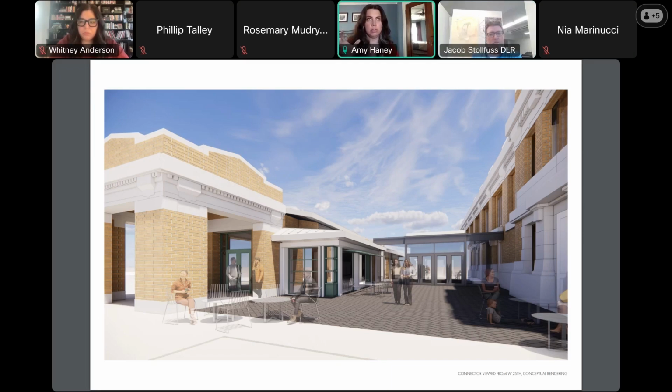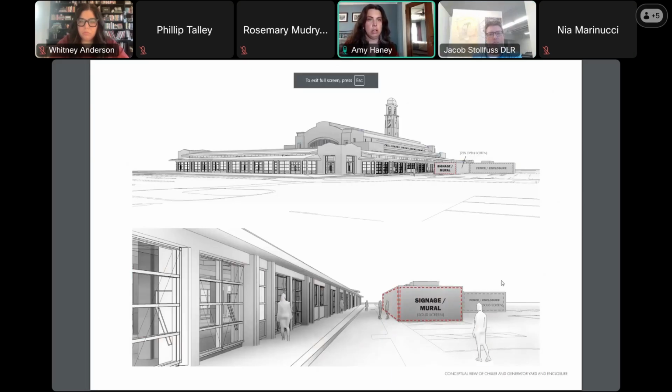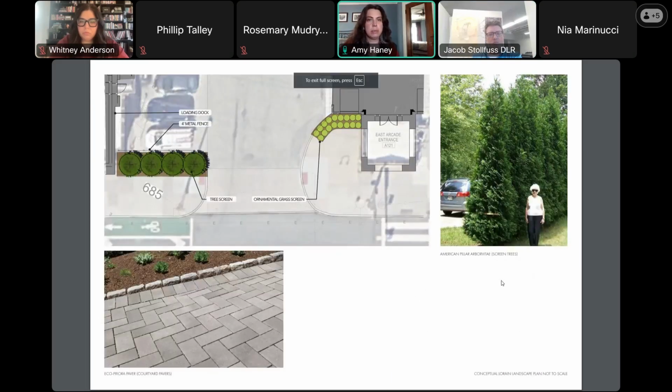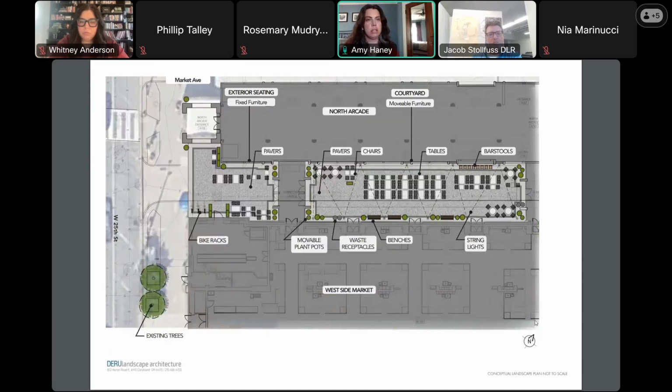I do want to point out too that there are two kind of courtyards. The interior one, which is about 25 by 100, and then what we're looking at here is 25 by 50. So it is about half the size of the one on the inside, and that will always be there. So the thought is that it's the same furniture, and there are garage doors that are opening from the arcade onto the courtyard that's on 25th. So the hope is that you're kind of drawn into it here and see through into the courtyard. So even if there is a private event happening on the interior, that one on 25th would still be accessible by the community and have the same kind of facilities and furniture there as well at all times.